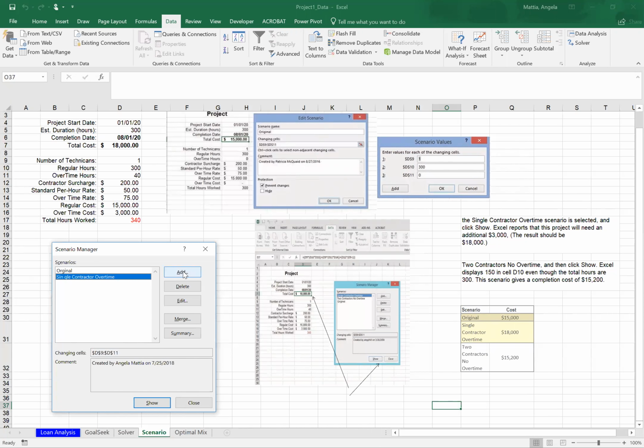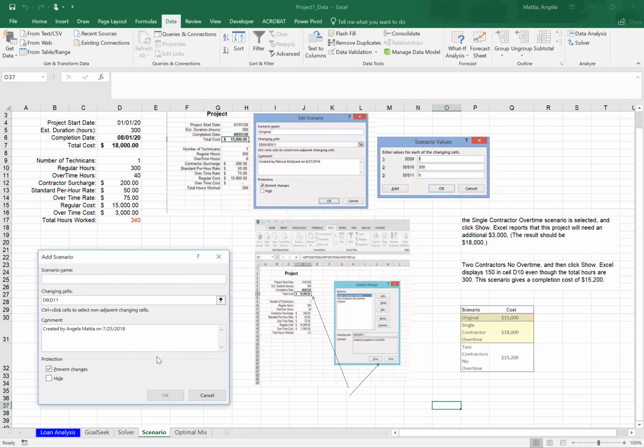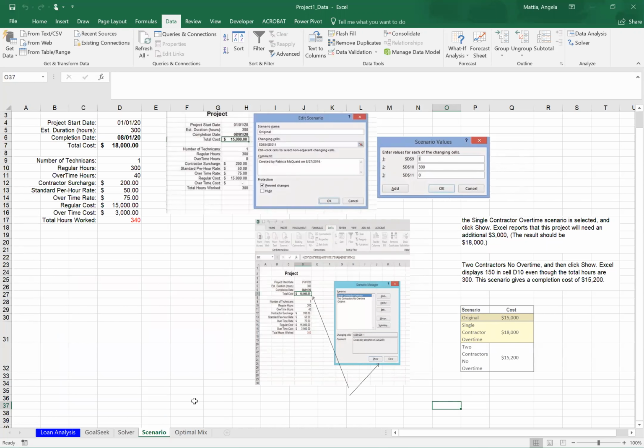I will click on add. And again, I can create that last scenario. And then I would have all 3 so that I now could compare all 3 scenarios. And it gives me what they should be so that you know that you will have it correct. Now, once you have finished, I'm just going to close this and I will let you finish the third one yourself. And then you will have all the tutorial completed and you are ready to do the solver part of the project